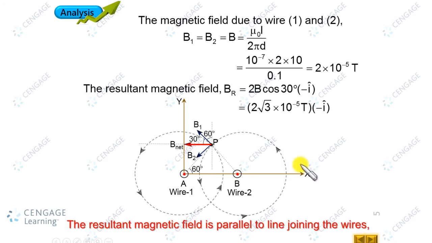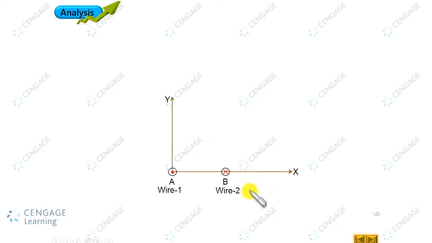Now let us consider the case when current in this wire and this wire are in opposite directions. Let us consider this wire carrying current in the same sense, that is perpendicular to the plane of the screen and toward you, and let us consider this wire is having current cross, that is away from you. So let us make the diagram. This is a dot current, this is the cross current. Okay. Point under consideration is same, P, that is the equal distance from this and this.